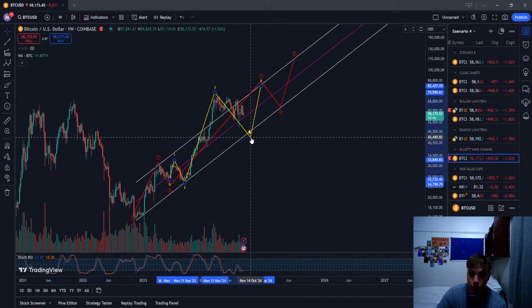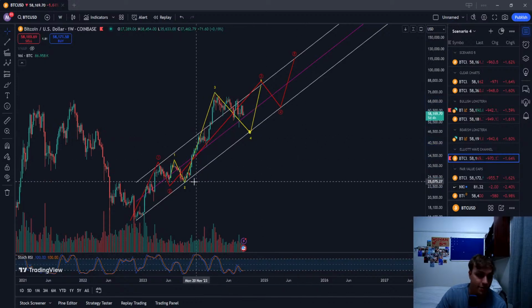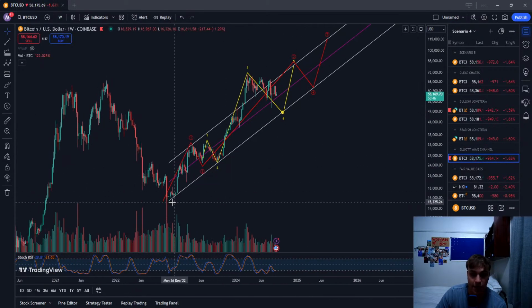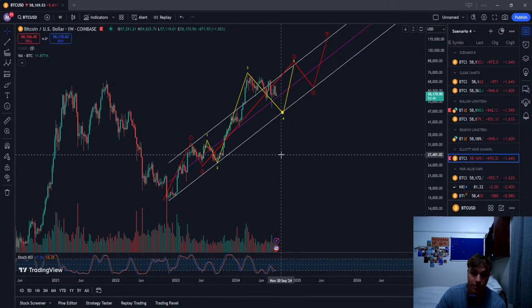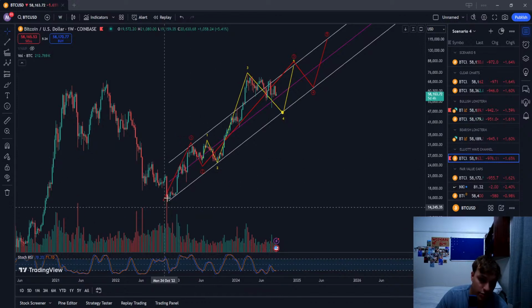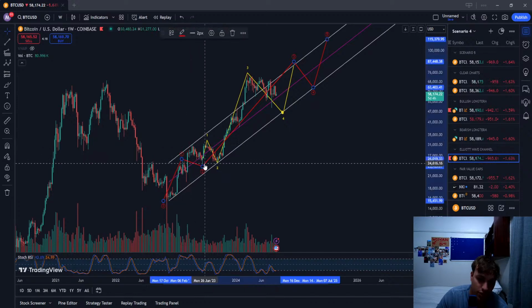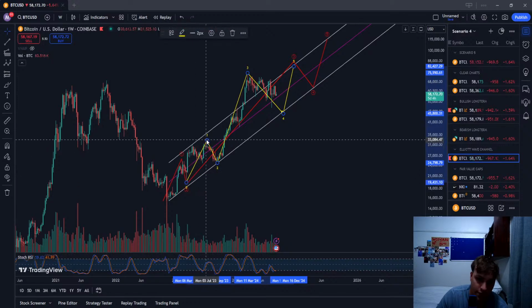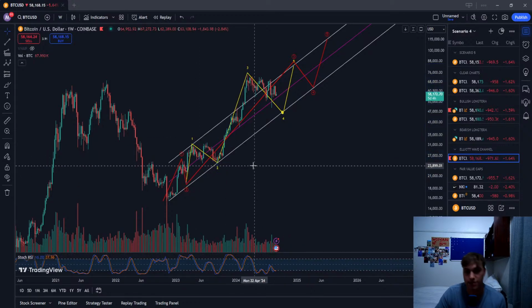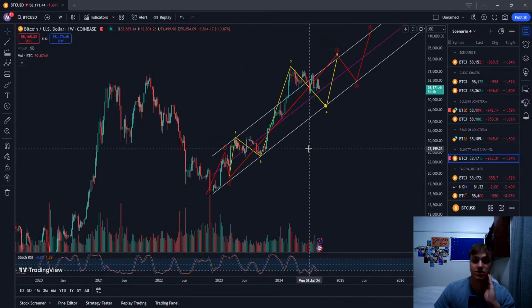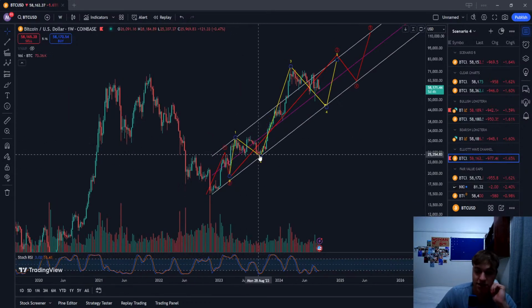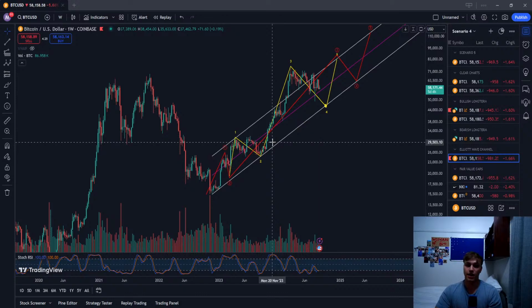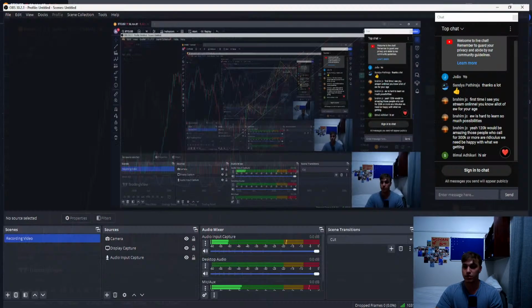I haven't measured this out before, so this is definitely a possibility. 1, 2, 3, 4, 5, 1, 2, 1, 2, 1, 2. It's even possible, oh wait, 1, 1, 2, 1, 2, 1 here, 2 and a flat. Interesting. I haven't really measured this out yet, but this looks like an ABC to me. Very nice ABC as well. Very nice structure for a flat.